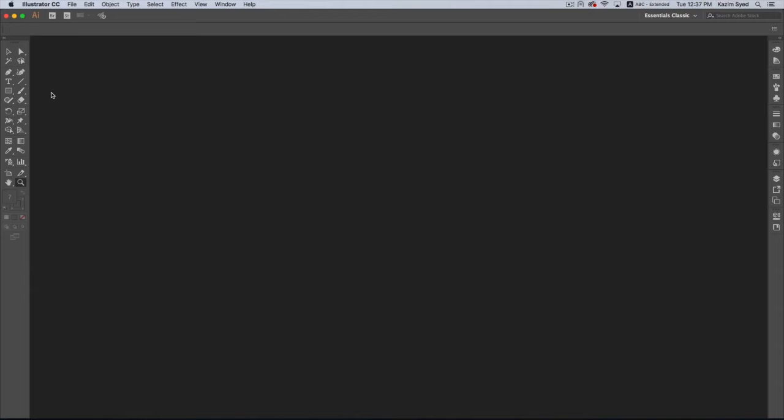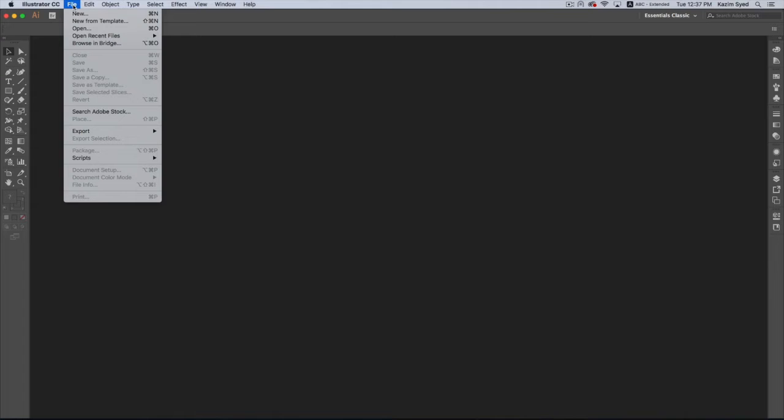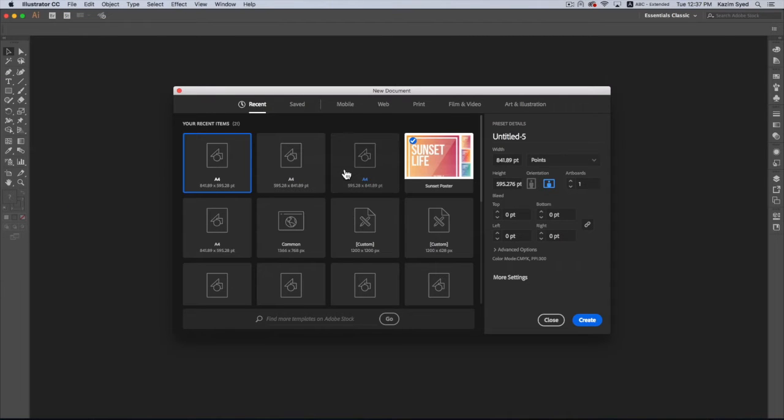So today we'll be learning about the selection tool, which is the first tool in the toolbar here. To start using this tool, we need to create a new document. I'll go up to the file menu, click on file, and click on new. For this training purpose, I'll use an A4 sheet which has a landscape orientation. This icon is the vertical, and the icon next to it is the landscape version. Just click on this and click create,